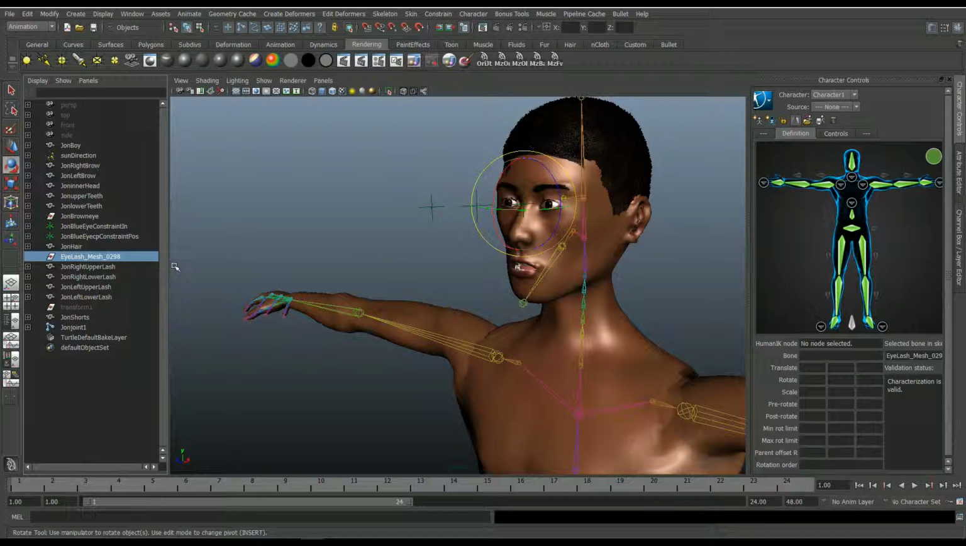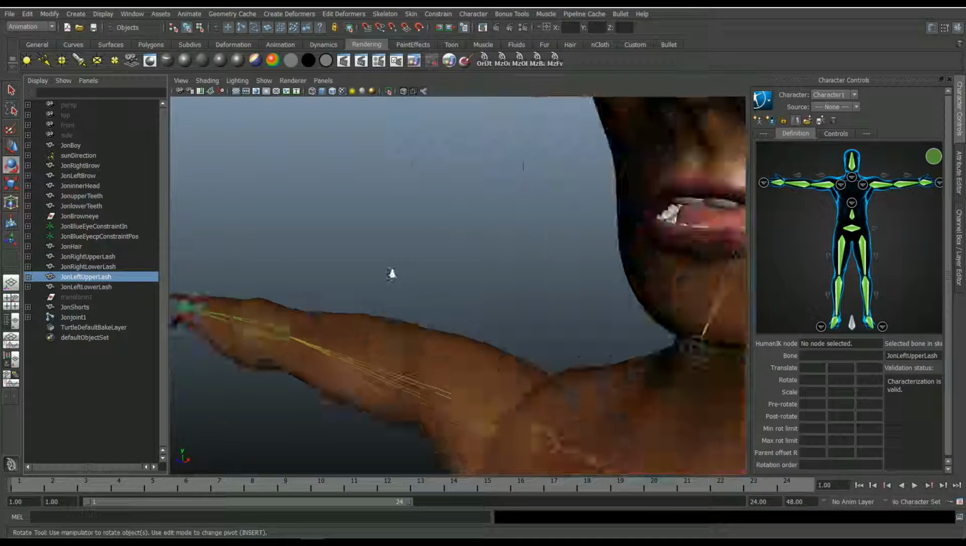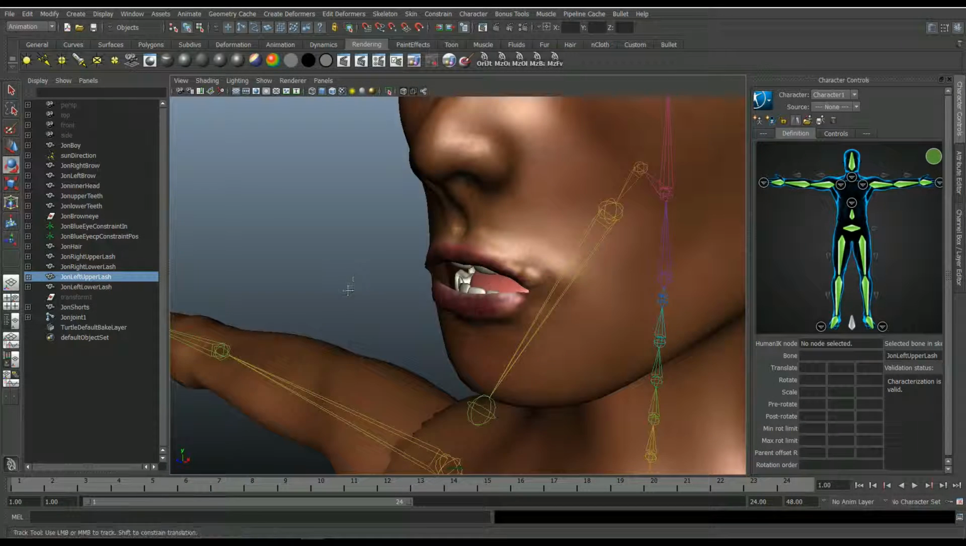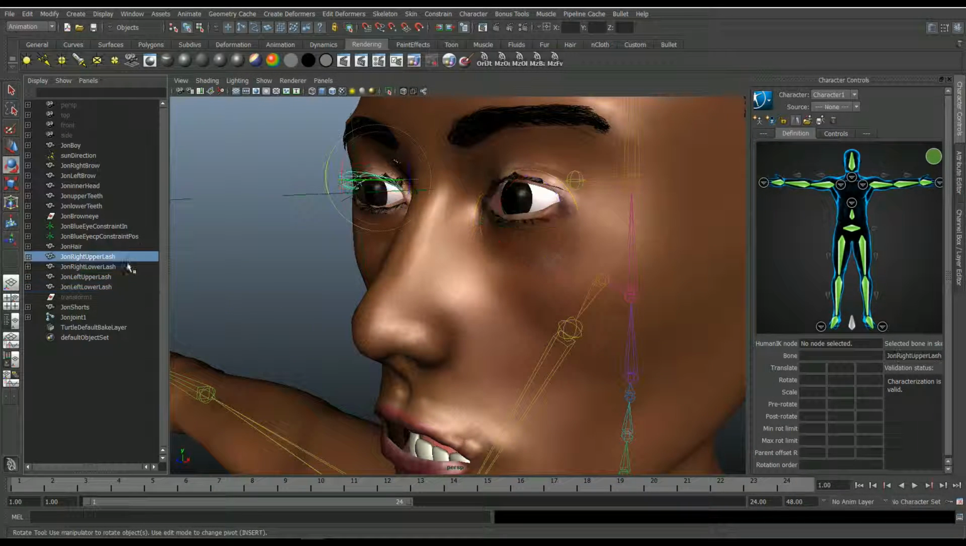So this eyelash mesh, I'm going to delete, because that was the original eyelash mesh that came with it. But these eyelashes here, these separate ones, I am going to group them. So one thing doesn't work, try another thing. What I have done in the past is just